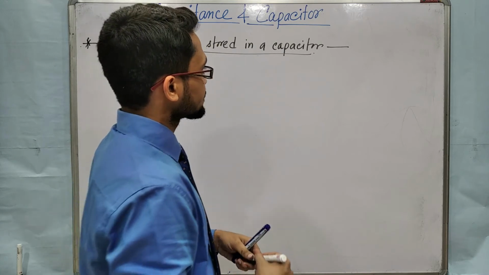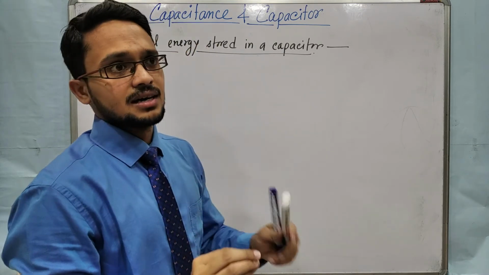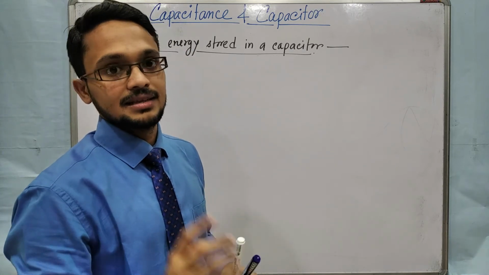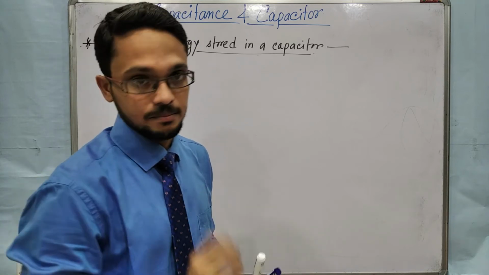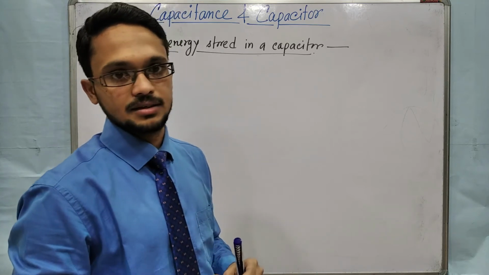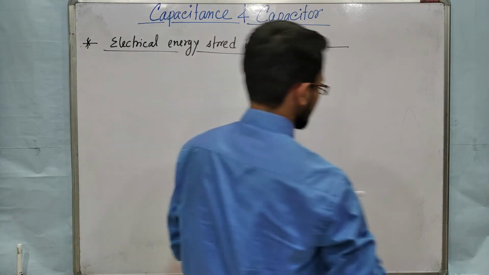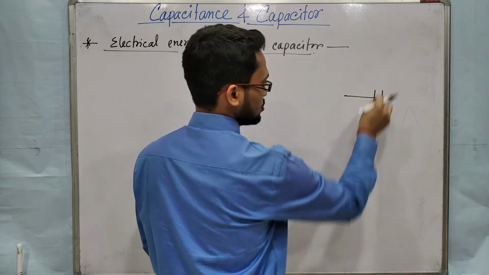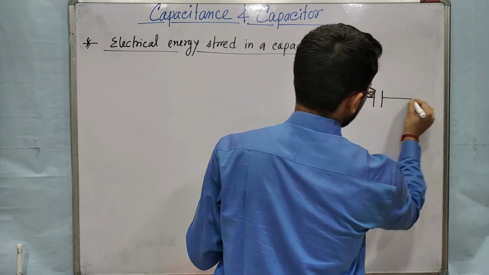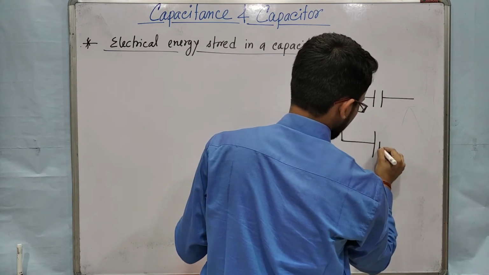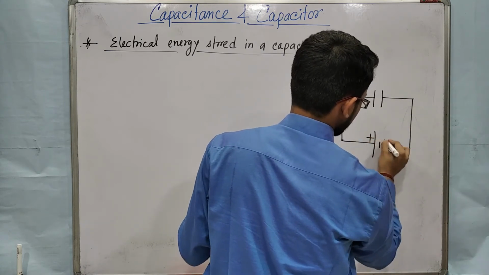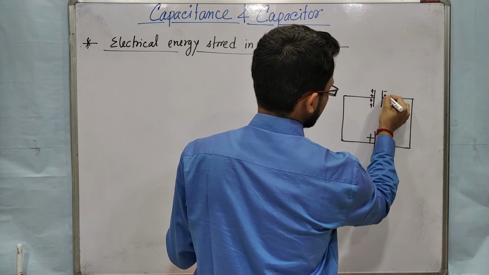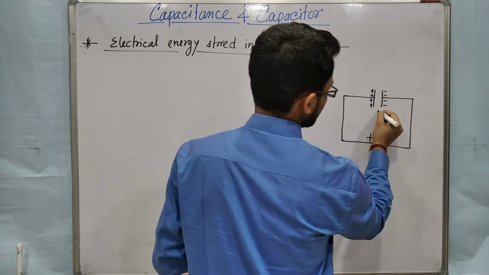Here what happens is the amount of charge increases in the battery, and another thing is that the battery is heated up at the same time. That means there is a loss of energy. We will see how we can derive that. I am taking one capacitor, drawn like this, two parallel and equal lines, and a battery means two parallel but unequal lines. This is plus, this is minus. So on this plate positive charges will accumulate, and on this plate negative charges will accumulate. Suppose the capacitance is C.